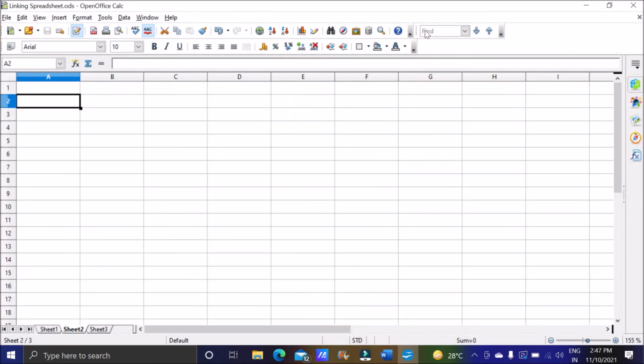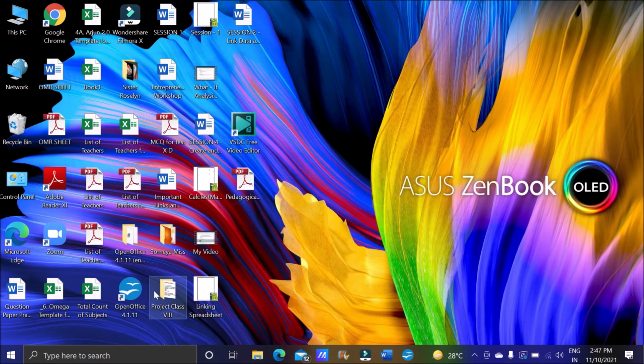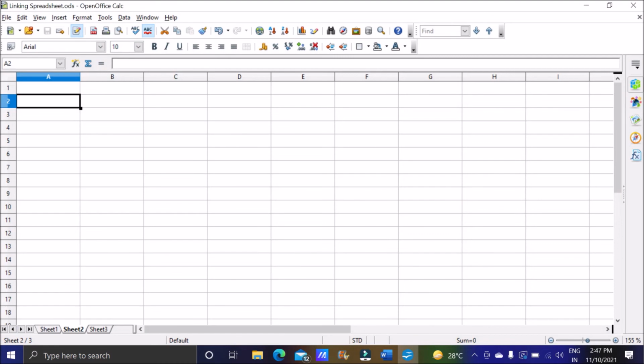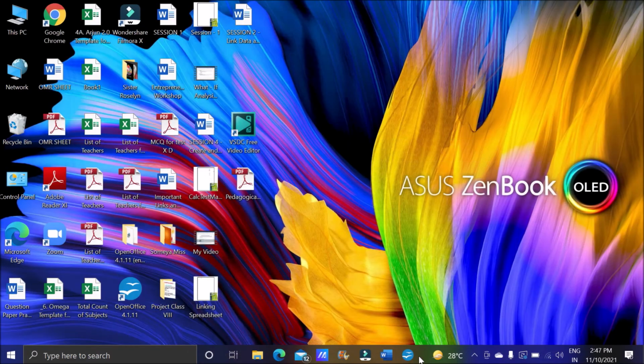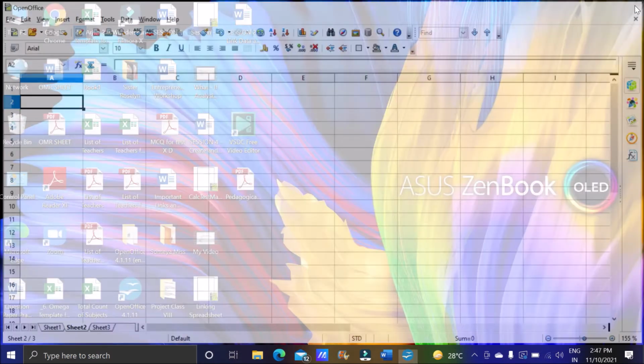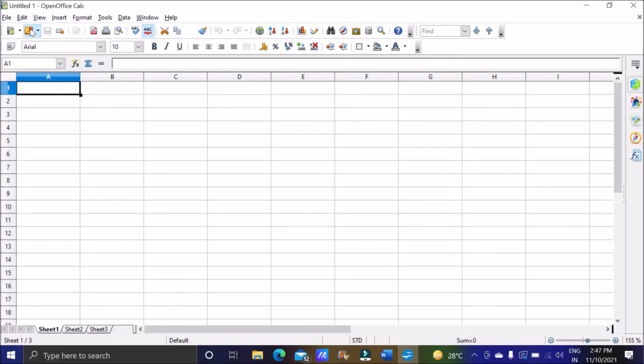So we have the file linking spreadsheet, and let's open one more spreadsheet file. Okay, this time we will leave it as untitled 1, and suppose in this file also I am saving one data as 500.